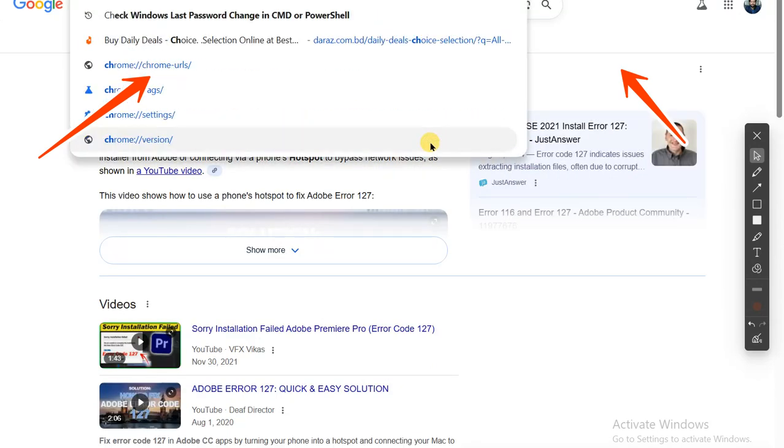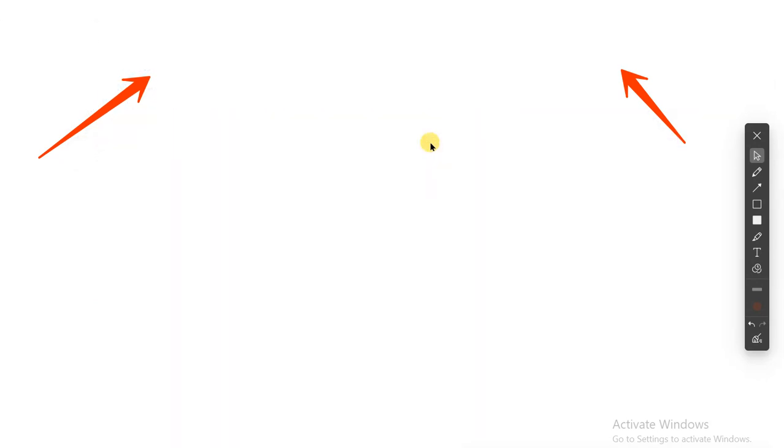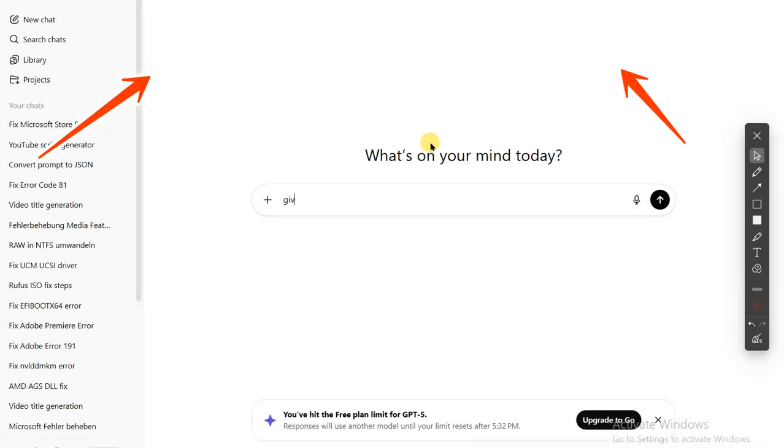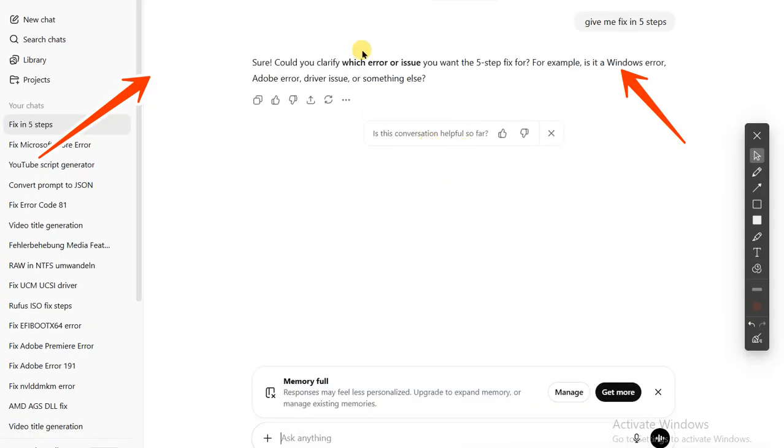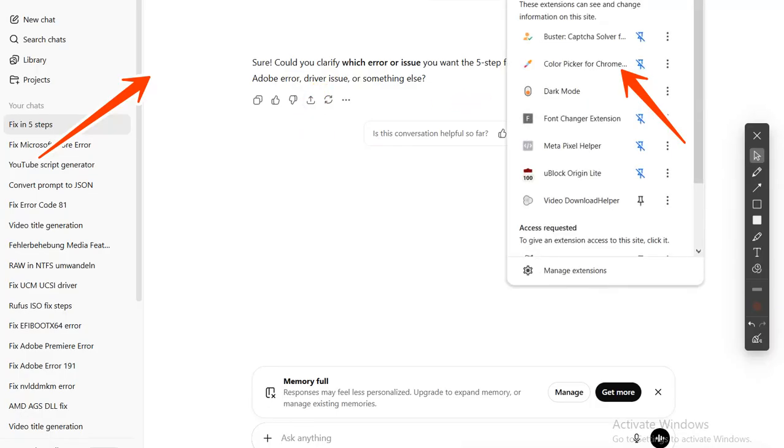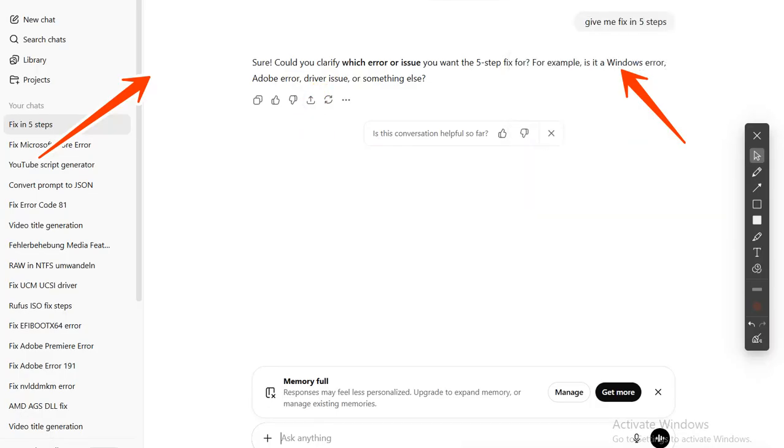First, temporarily turn off your antivirus and firewall. Then, right-click the installer and select Run as Administrator. Make sure Windows is fully updated. If it still fails, download the Adobe Creative Cloud Cleaner tool. Run it to remove previous failed installations. After that, run the Premiere Pro installer again. This solves error 127 for most